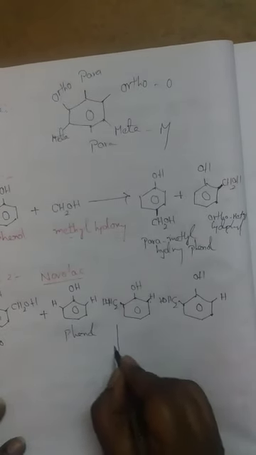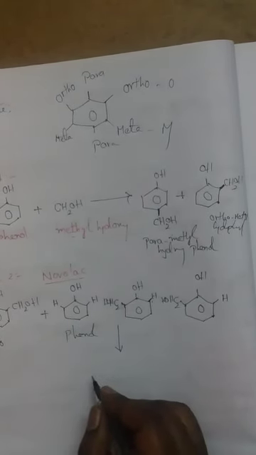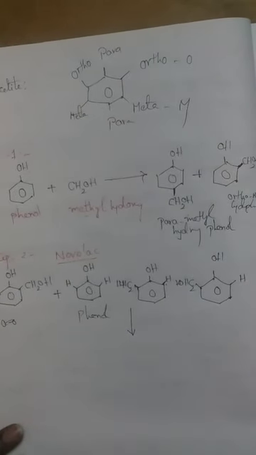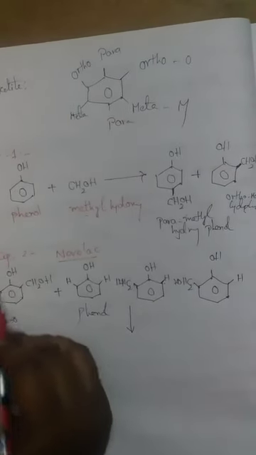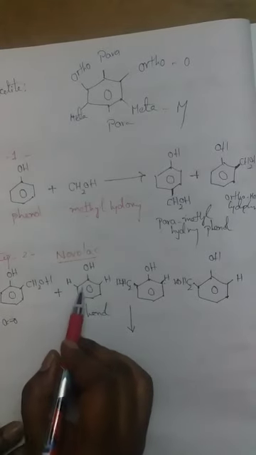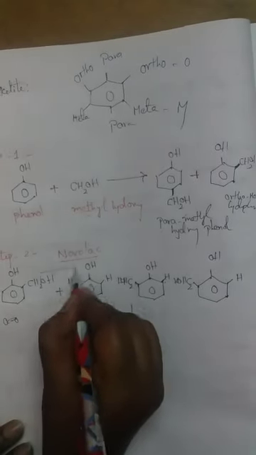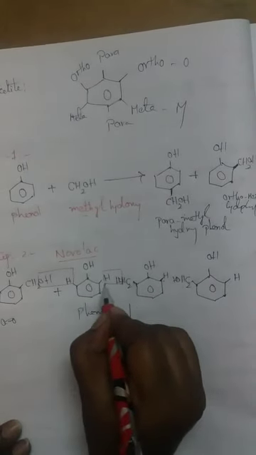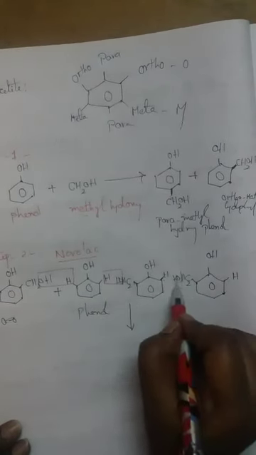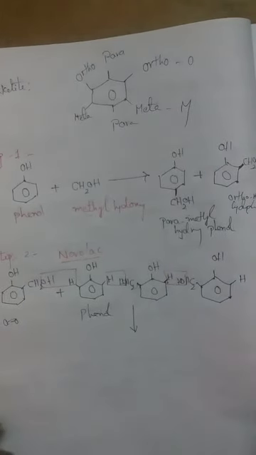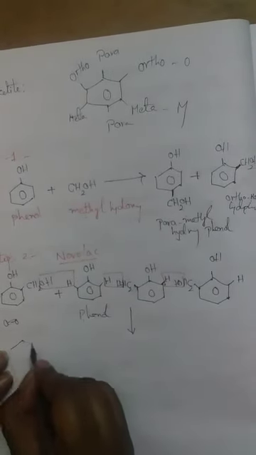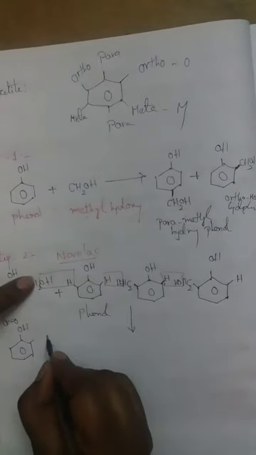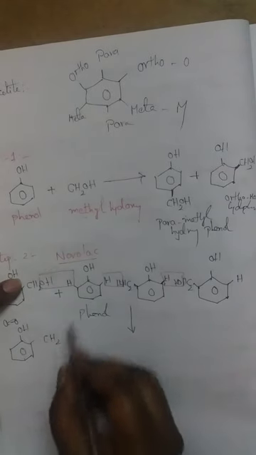What will happen here is condensation. Condensation is nothing but the elimination of a small molecule. How can this elimination occur? Listen carefully. Ortho-hydroxy consisting of OH and phenol consisting of H: H and OH leave as H2O, and here again H and OH leave as H2O. Let's write the remaining thing that is present here. The remaining is a benzene ring consisting of OH bond CH2, and the eliminated bond.